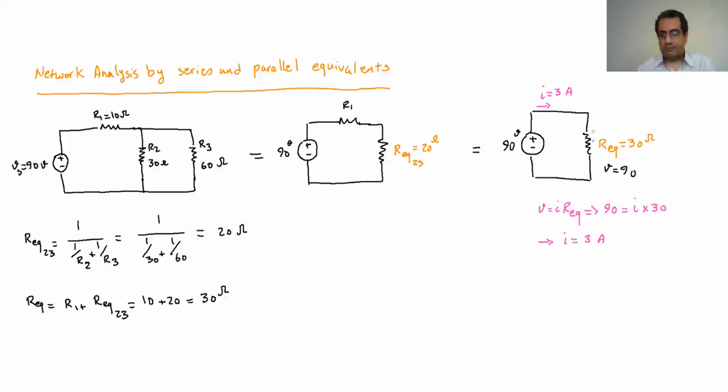I can bring it back here because the I is exactly the same. Whatever I goes through this element, it goes through these as well. So this I I can bring back and say that, okay, the I is 3 amp. But the voltage, this 90 volts, I cannot bring back because here, if you look at it now, I have